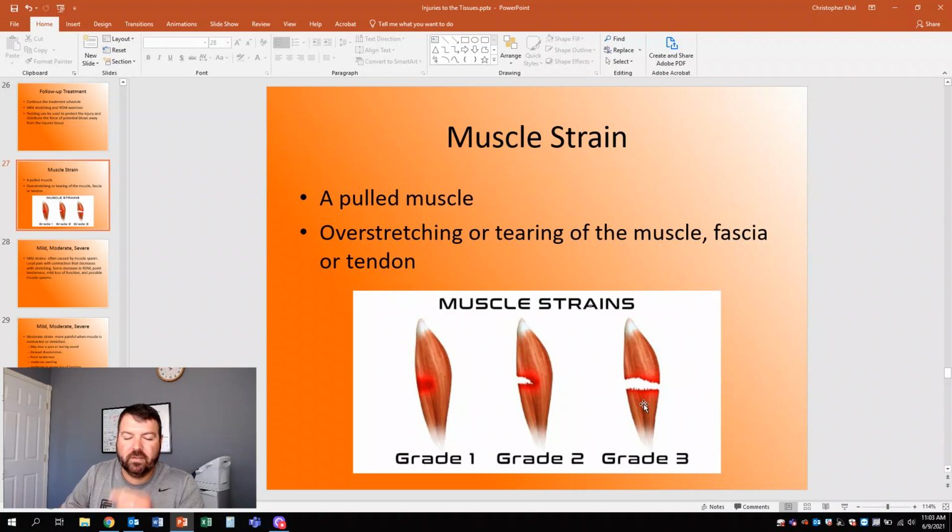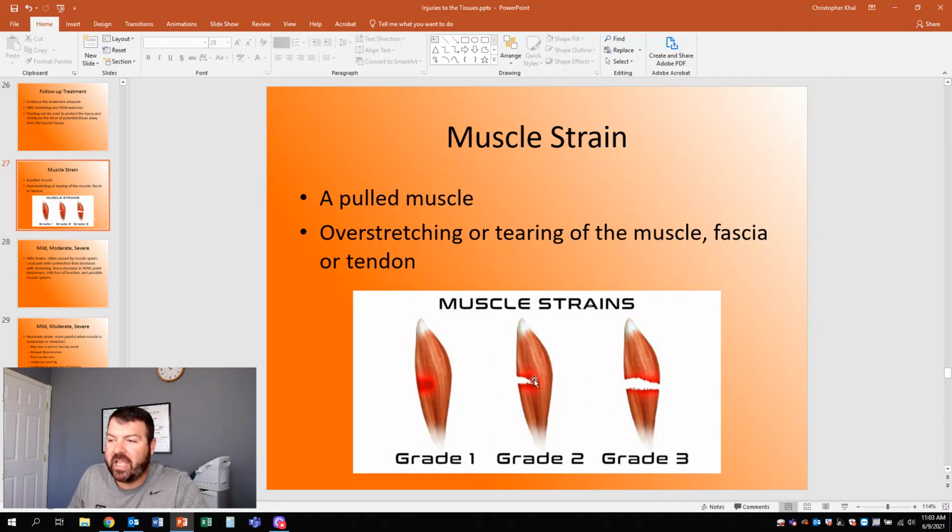But usually the grade 3 is going to require surgery and immediate ER, pretty much due to pain, for a lot of those factors. Grade 1 is really common. You're going to have micro tears in that tissue, which is pretty easy to get, honestly. Grade 2 is you're going to have micro tears. You can feel deformity in there. Not all the time, but you can.